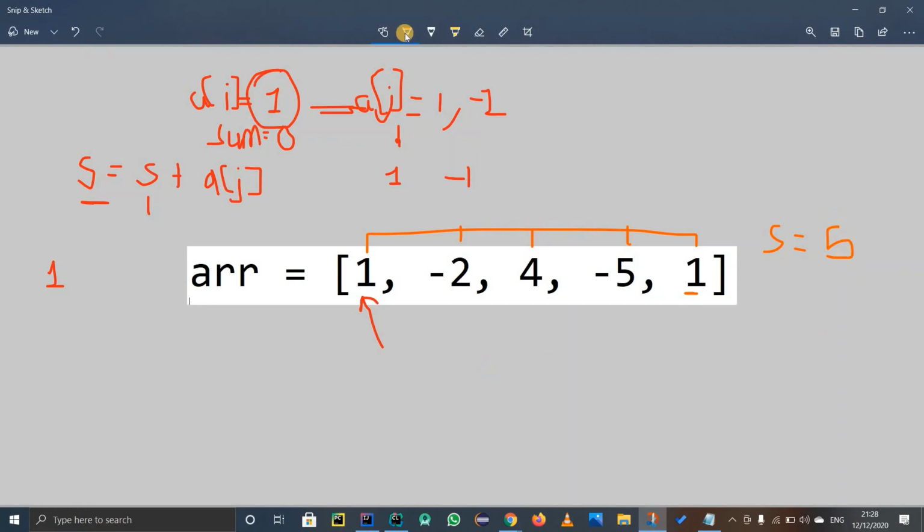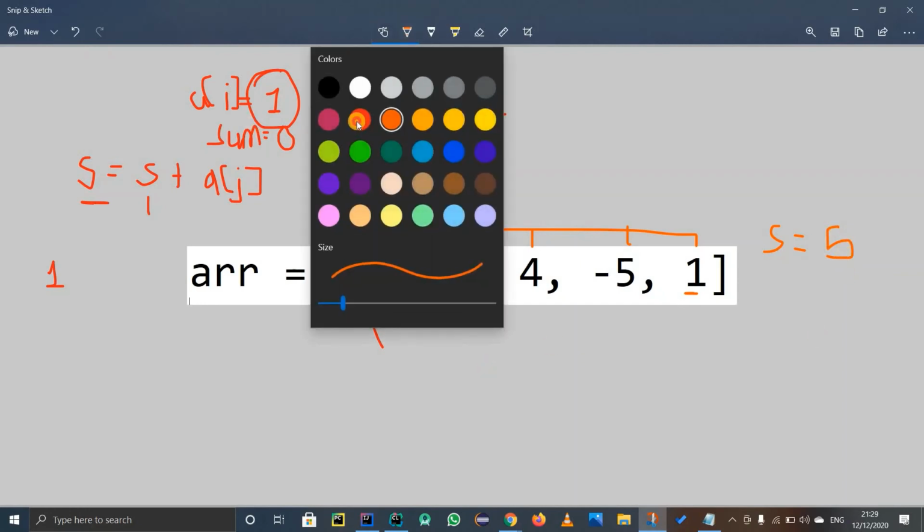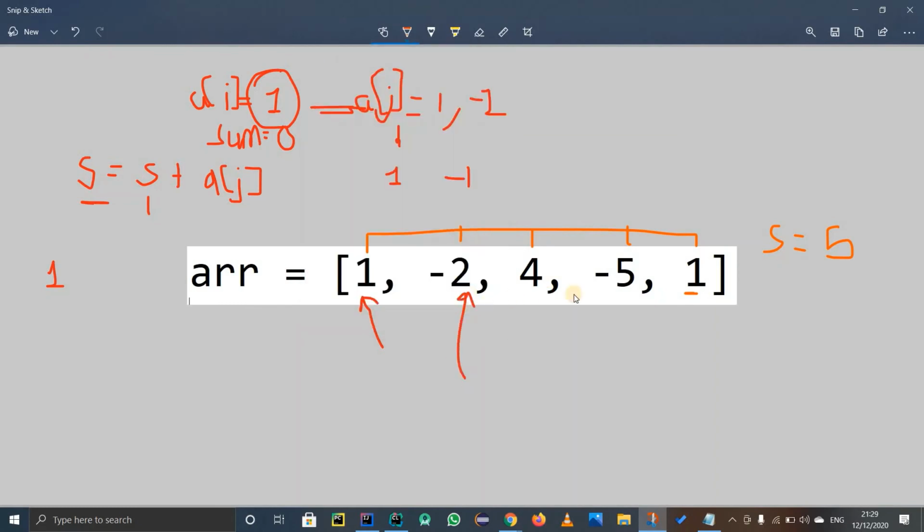Now this all is over. After that I will go to minus 2 and again we'll increment our sum. But for this part, we don't want our sum to be 5. Now we want our sum to be 0. Why do I want the sum to be 0? Because I have started a new iteration. I want to start the sum from 0. The sum will not start from minus 5, which was this thing.